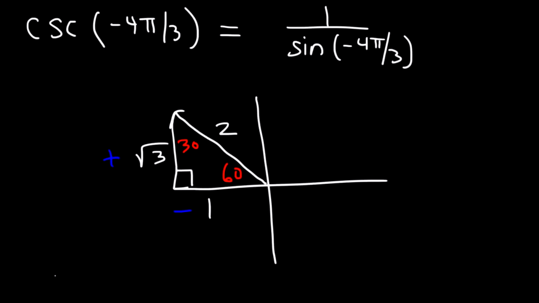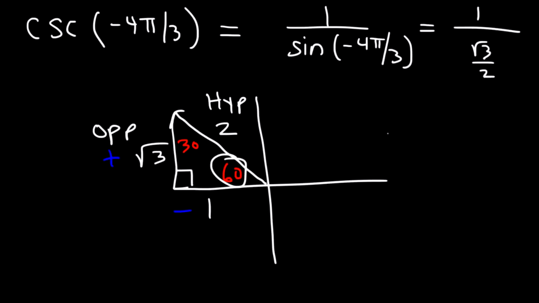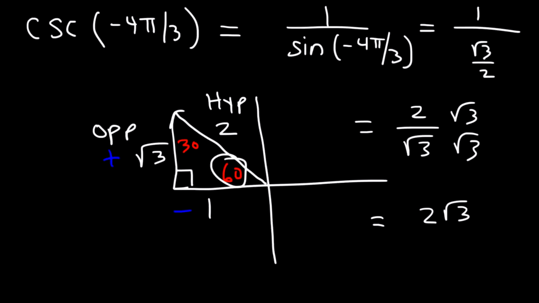So now, let's evaluate sine relative to that angle. So sine is going to be opposite over hypotenuse. So that's the square root of 3 divided by 2. And so cosecant is going to be 2 over square root 3. And now we've got to rationalize it. So cosecant of negative 4 pi over 3 is 2 square root 3 over 3. Cosecant and sine are both positive in quadrant